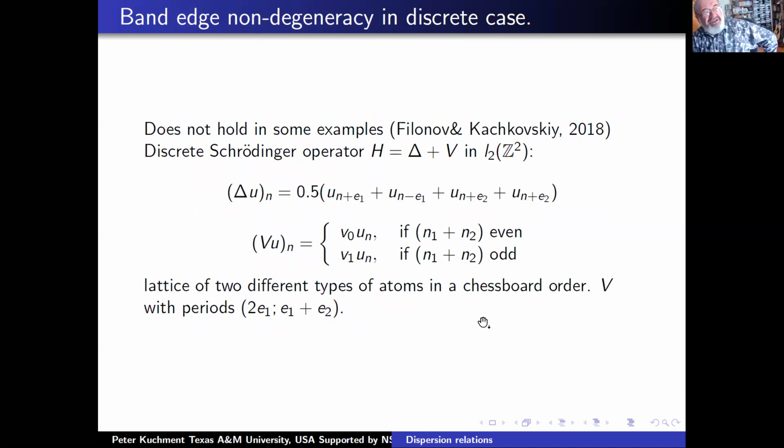I will be interested in non-degeneracy of the extrema. Naturally, it's such a hard question in PDE, so you look at the discrete case. Filonov, Kachkovsky, and Ops constructed simple examples of two atomic structures on the plane, just two vertices, like in one of my examples, different graph, but still two vertices periodically shifted. I actually wrote the operator here, a Laplace type operator such that